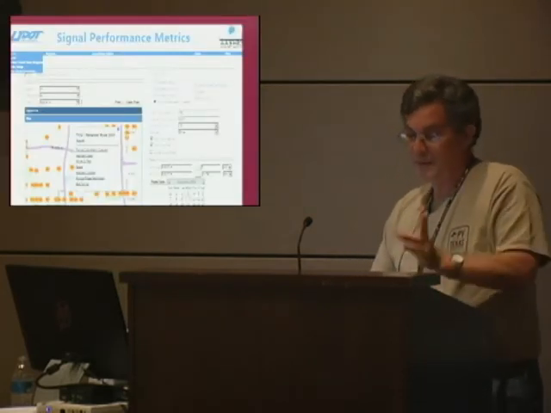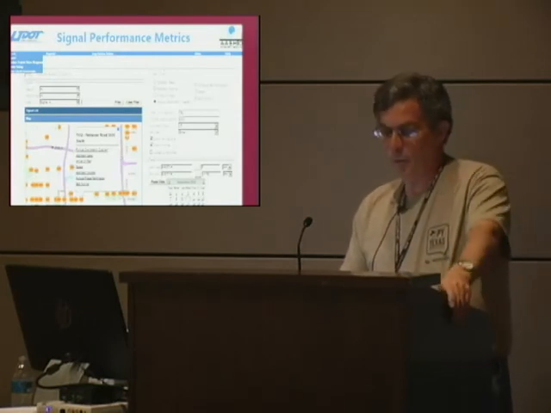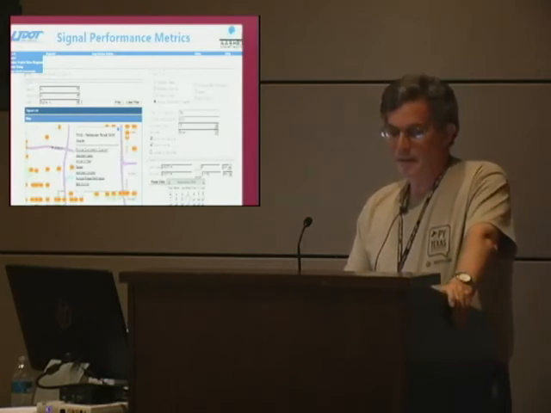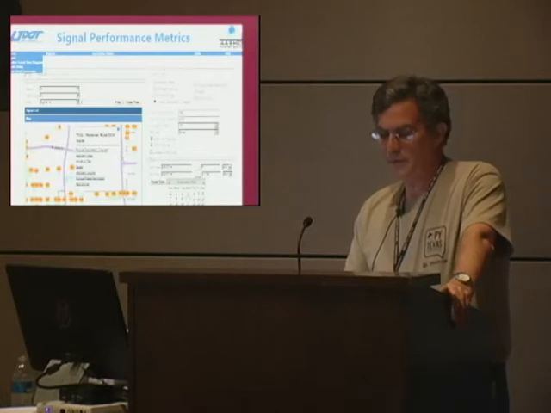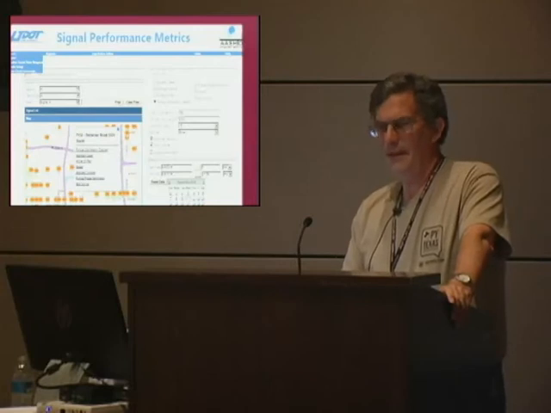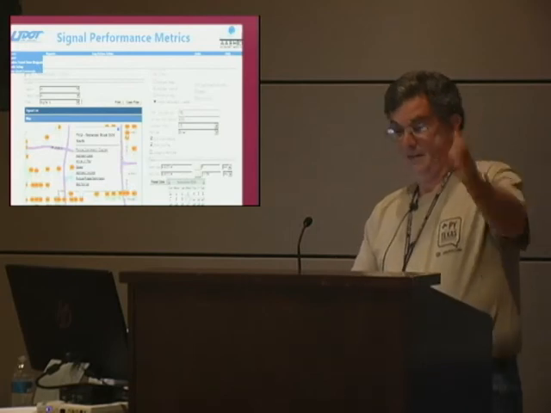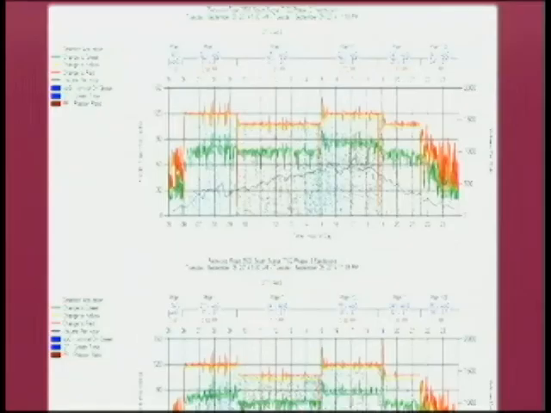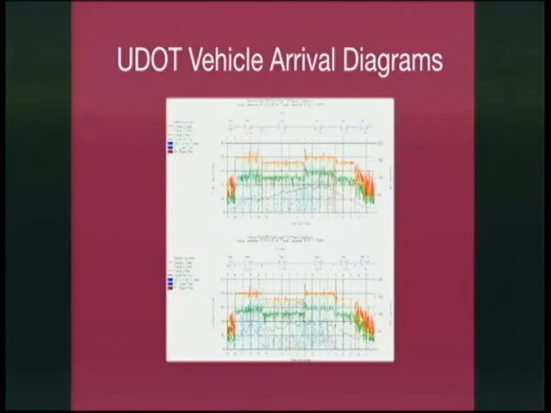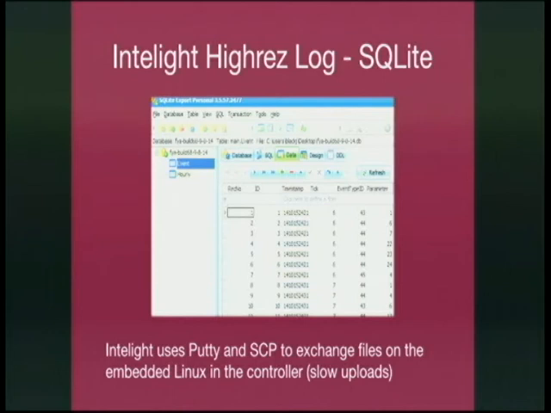UDOT's been using it. You can go on their website. They're getting what they call performance metrics from the log. The guy told me it was an ASP program with about 100,000 lines of code or something, and I don't know, I didn't want to mess with it, but they're getting similar graphs of when the vehicles arrive. Do they arrive during the greens or the reds? This is a SQLite log. Of course,